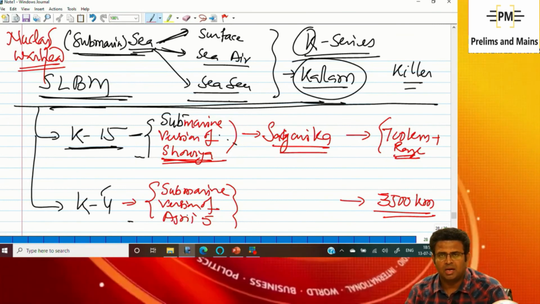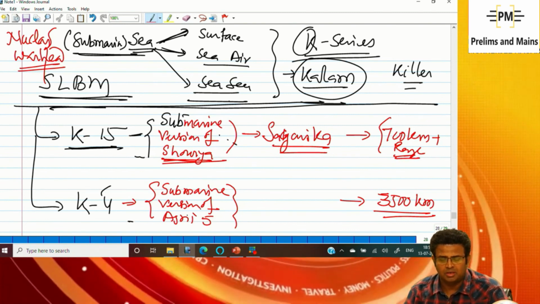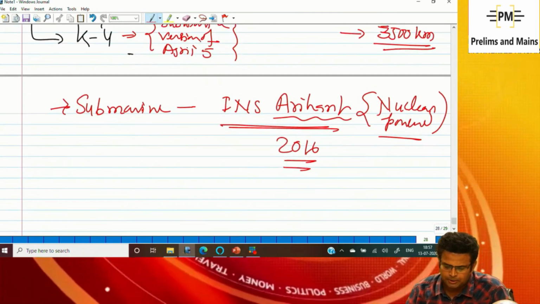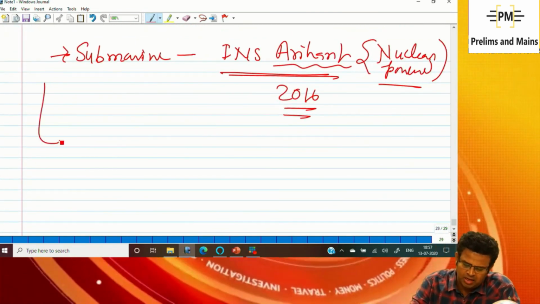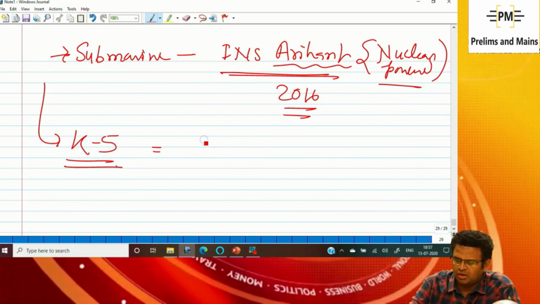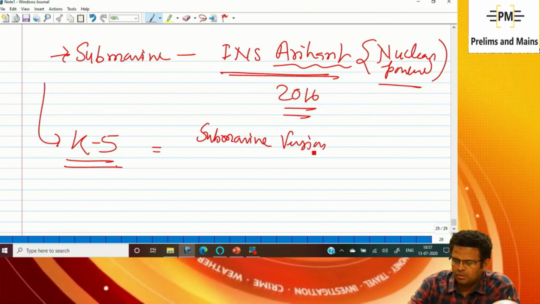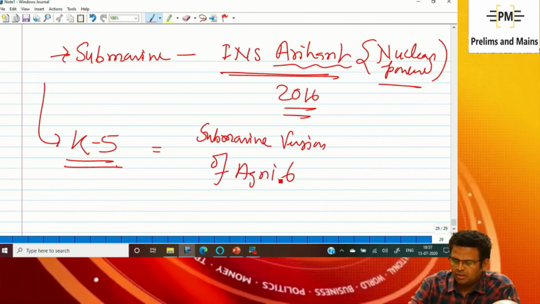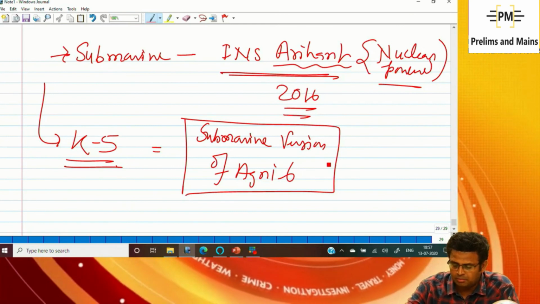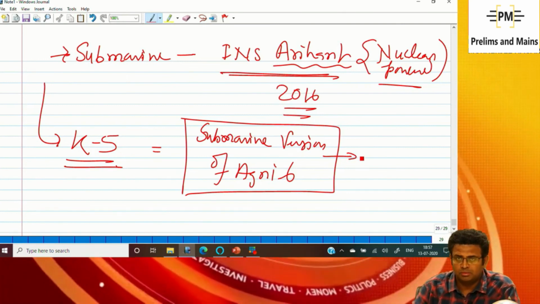And we have given the name in respect of Mr. Kalam, we are giving honor to Kalam sir, therefore it is named the K series. In the future, I said that K5 will come, a submarine version of Agni 6, K5, that is Kalam 5 series. Its range can be, but again we will have to see,